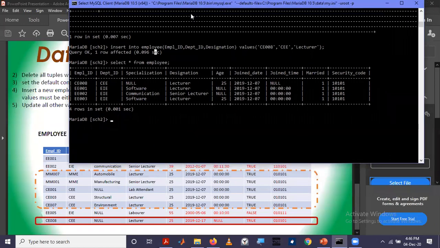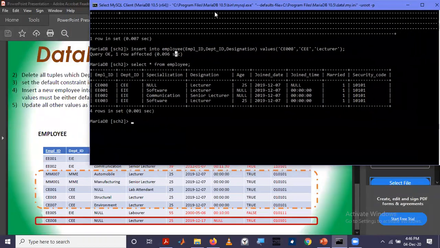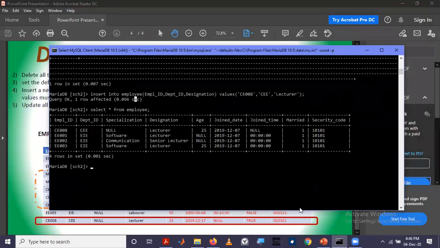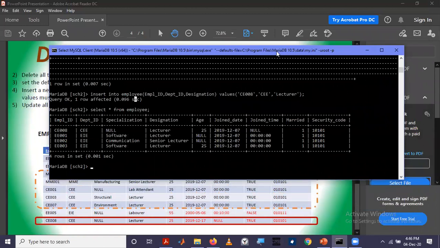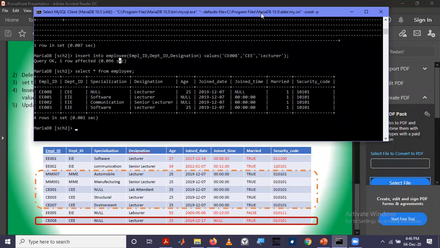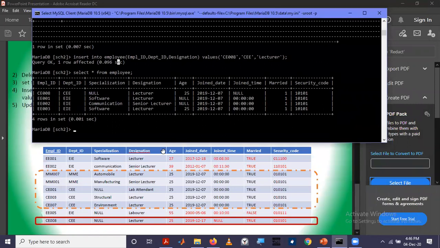At last we are asked to update all other values of this table like given here. You can see this one has been changed from 25 to 27, this one has been changed, this has been changed. So how are we going to change the data in a table?